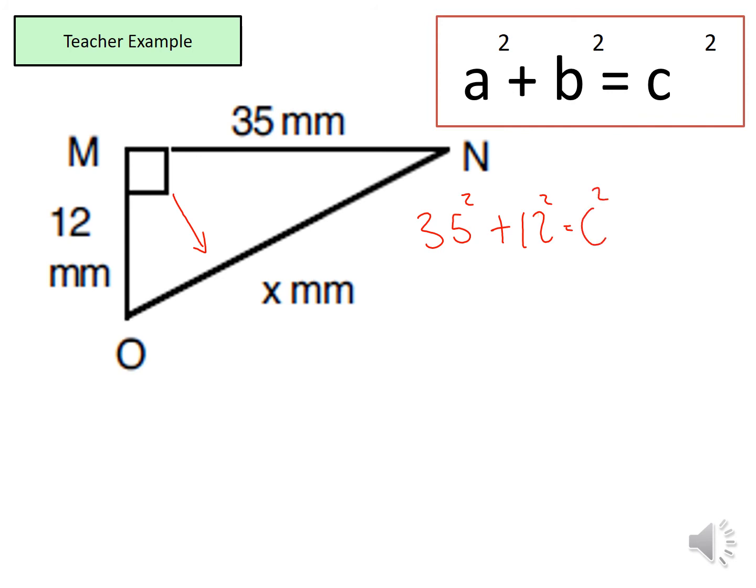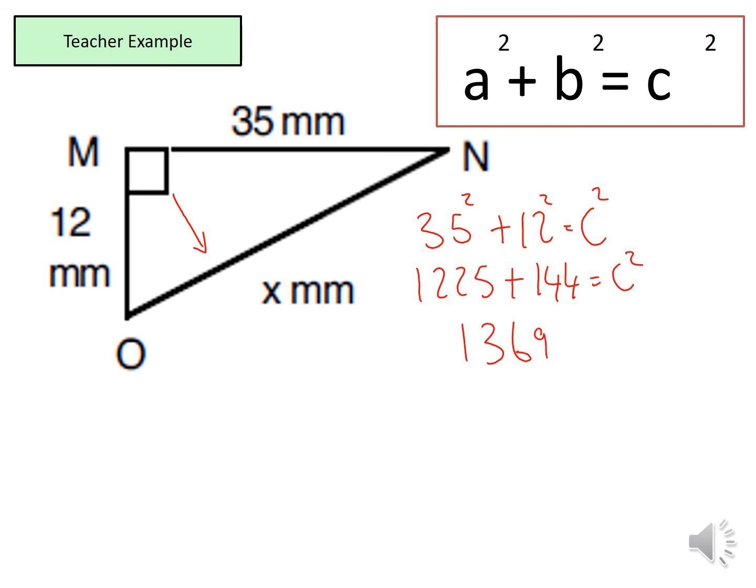Okay, I then work these out using a calculator. Okay, 35 squared in my calculator is 1225. Add 12 squared, which is 144, equals c squared. I then add these two values up, so 1225 add 144, and I get